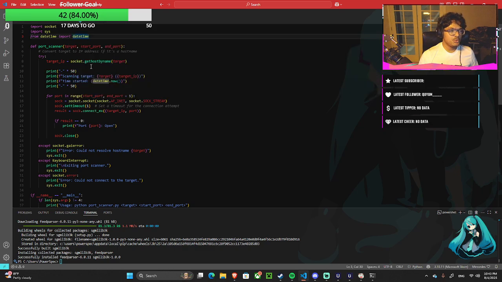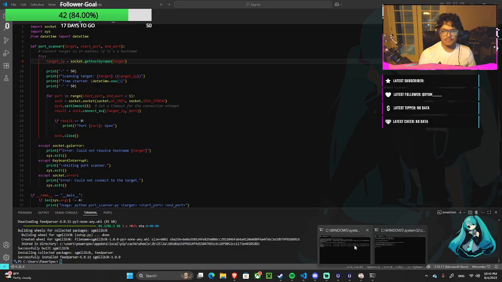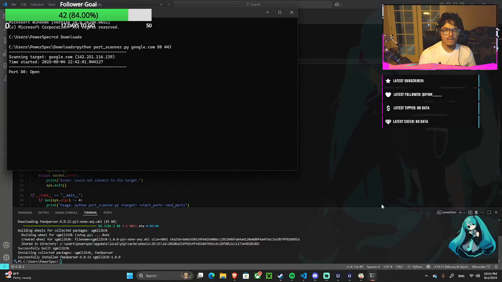So the hostname resolution, target IP, so this line right here. So that converts a hostname to an IP address if needed, only if needed. This won't affect it if you already put an IP address in. So if I already put an IP address in,